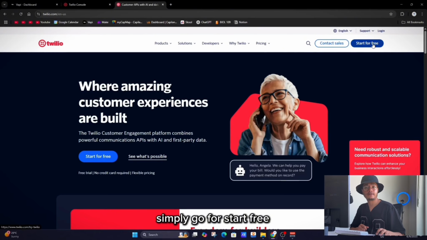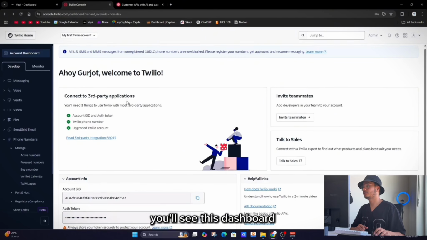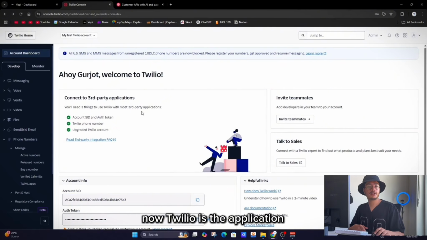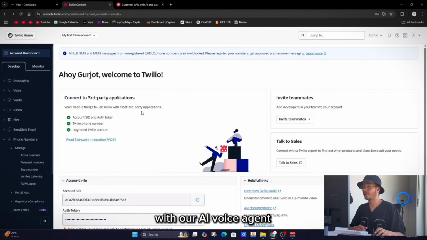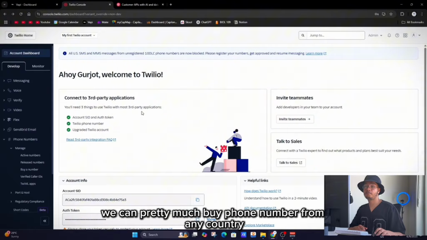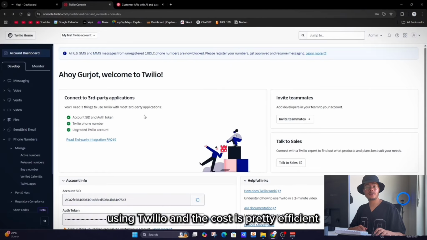Simply go for Start Free. And after logging in to your account or signing up for a new account, you'll see this dashboard. Now, Twilio is the application which we use to buy and connect our phone numbers with our AI voice agent. The good thing about Twilio is that we get a lot of options in terms of buying the phone number, and we can pretty much buy a phone number from any country using Twilio, and the cost is pretty efficient,